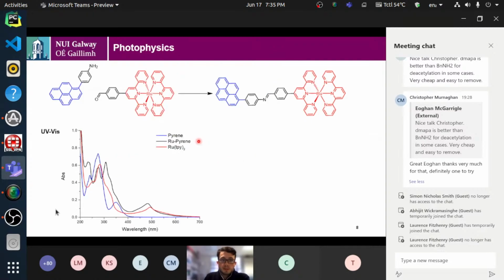So in terms of the simple molecular system, we looked into just having the monosubstituted pyrene and the monosubstituted aldehyde on the ruthenium, and coupling it just with a solo imine bond. And as you can see here in the UV-vis, the pyrene has the very distinct band at 350, which isn't present in our free ruthenium, shown in red. And then when we couple the 2 systems together, we see that the MLCT, which is the ruthenium to terpyridine band,